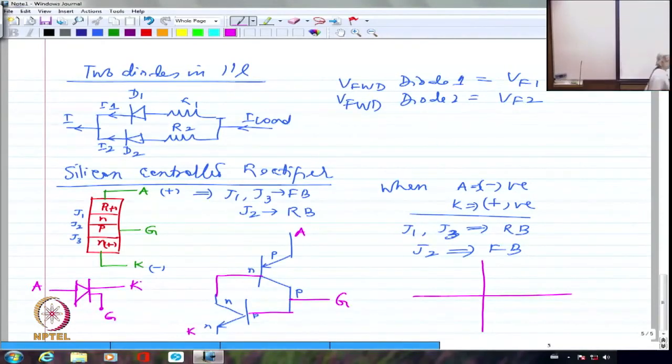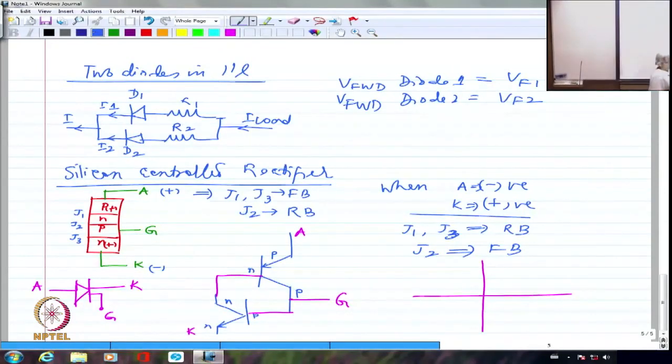So this is the symbol of a thyristor. It is exactly like a diode, but with a gate. That's it. So as far as SCR is concerned,